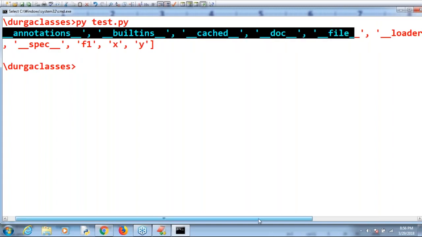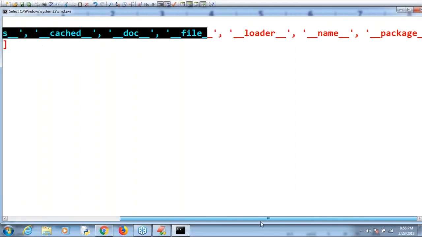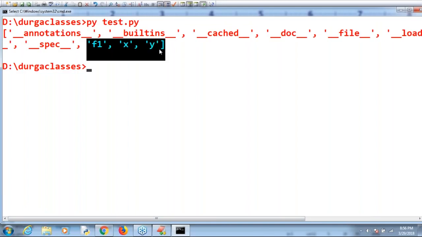Somewhere we are going to discuss these members, so don't worry about that. Last, can you please cross check? Yes, sir: f1, x, y. These are my own members, except that the remaining are hidden members added by Python, right? Okay, clear? Any doubt up to this?